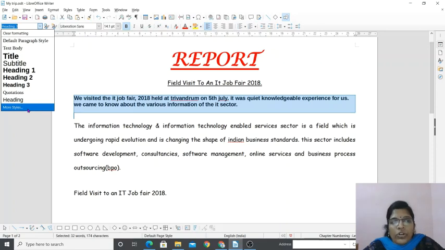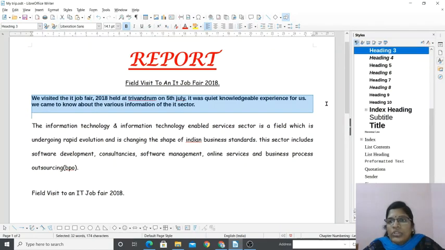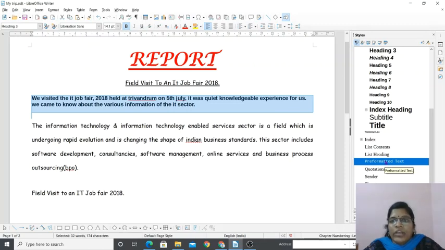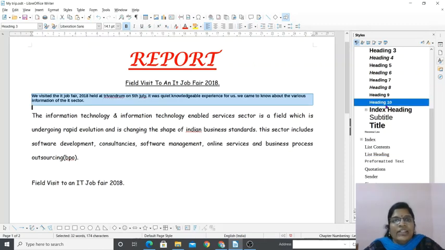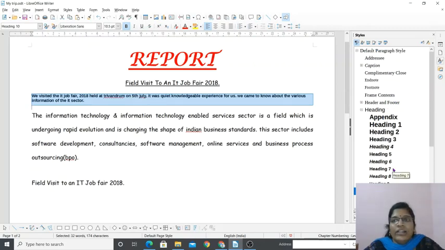If you want to opt for more styles, click on more styles. You can see more styles are given here. You can choose any one from here. Got it? Here you can see it is a heading 10. So this is called paragraph style. Here we are talking about the paragraph, right? So for the paragraph, there are 5 ways we can format it. Formatting means making it attractive, as I said.